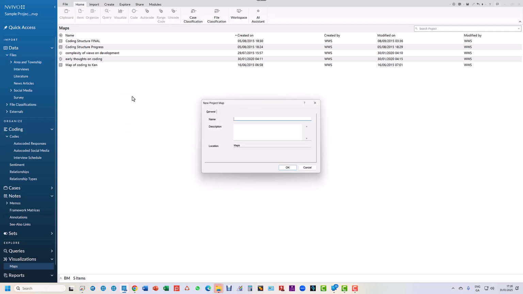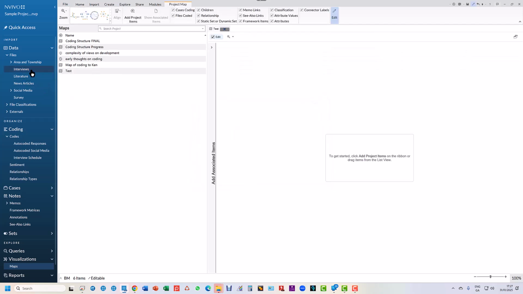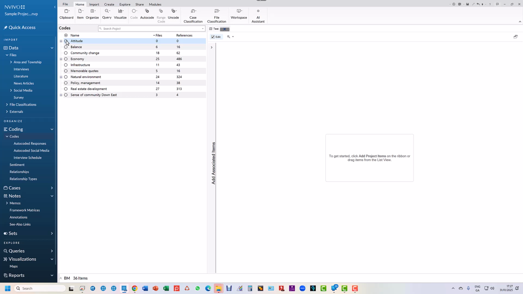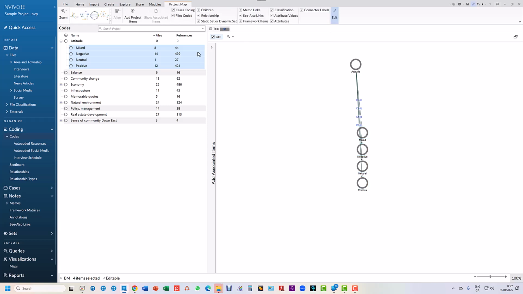So if I take a new project map, I'll just call it test, and I drag some coding in, I'll go up to my codes, I just go to the top level ones, and I drag in attitudes, and then I drag in, let's say, the child codes. You see, unlike the concept map on the Mac, which is available but doesn't connect things up automatically, then I can use a nice template there to show a flowchart look. I can manually manipulate it, I can have a hierarchical look, but I can do one other thing which makes it important. I can right click on it and say show me the data behind that,